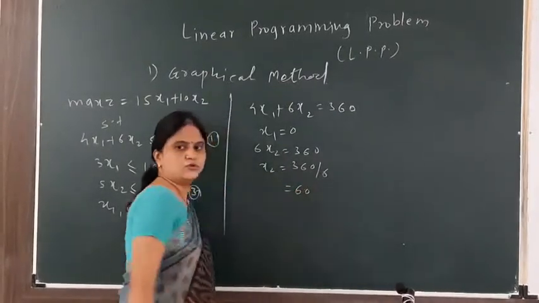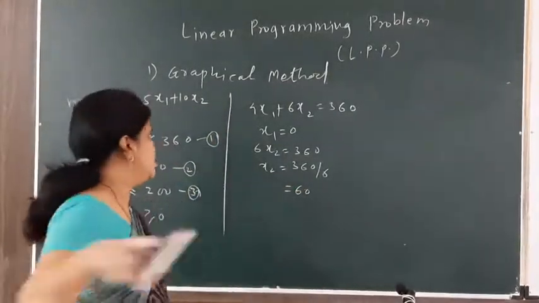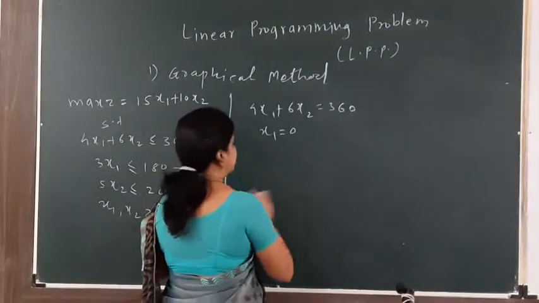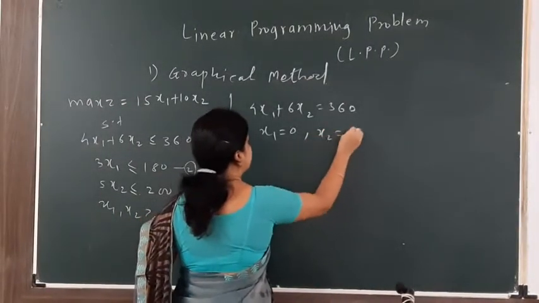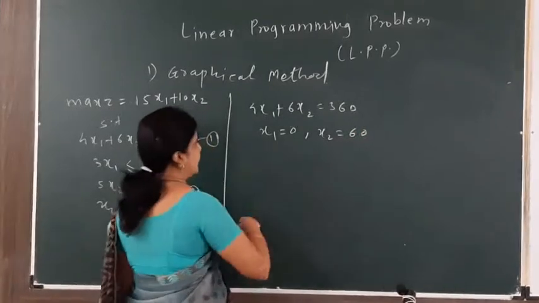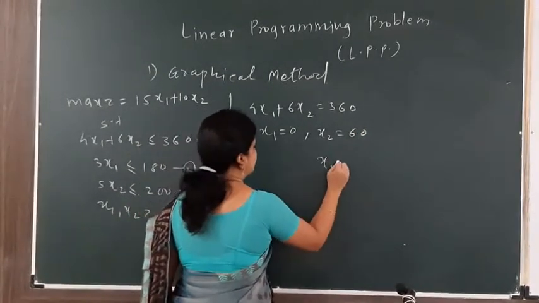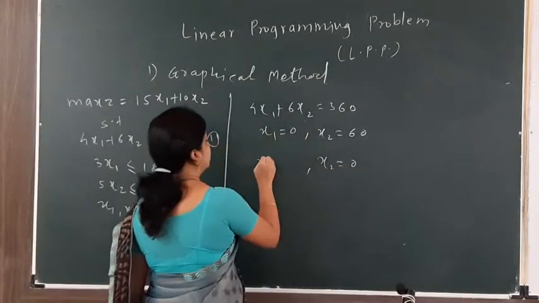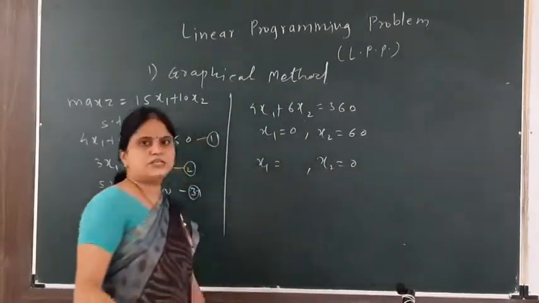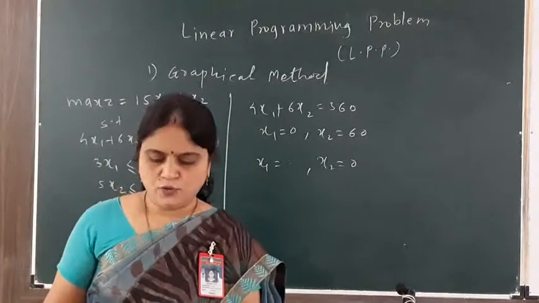60. Okay. So the value of x2 is now 60. So I can write the value over here. So x2 is equal to 60. Now to get the second coordinate, I can have the value of x2 as 0. So suppose I put the value of x2 as 0, then what is the value of x1? The x1 is 360 divided by 4 and it is